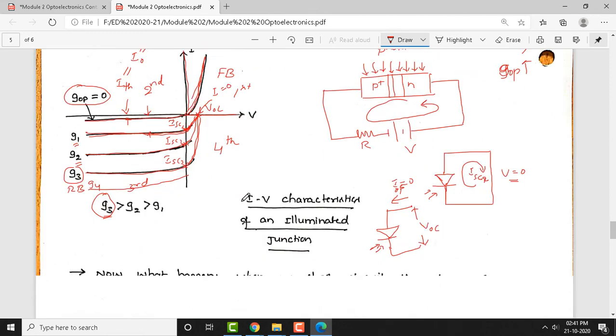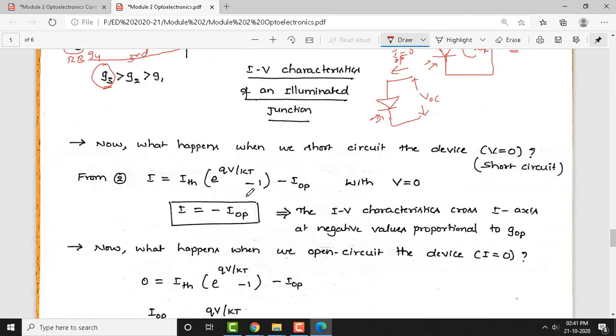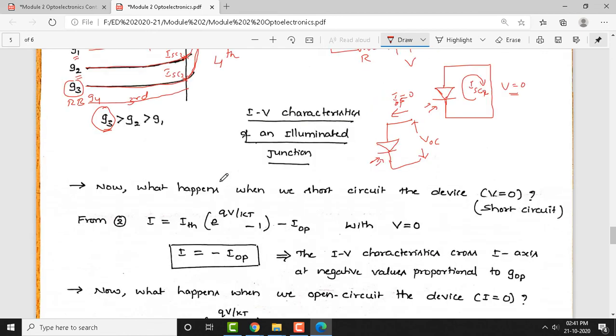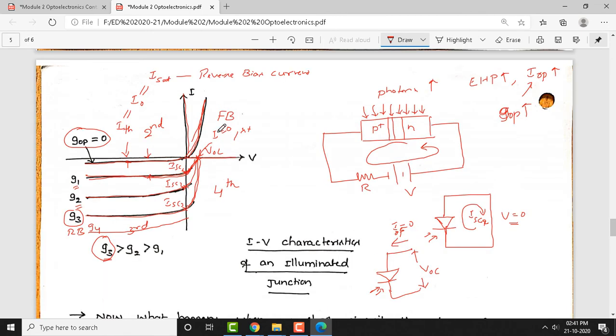More details have been discussed here to help you understand better. Look at here now. I hope you understand the mechanism of short circuit and open circuit. To find these extreme ends of the curves, we short circuit to identify the current levels by making the voltage 0, and to identify the intersection with the x axis, we make the current 0, which gives me the open circuit voltage. Now, let us work out one by one.